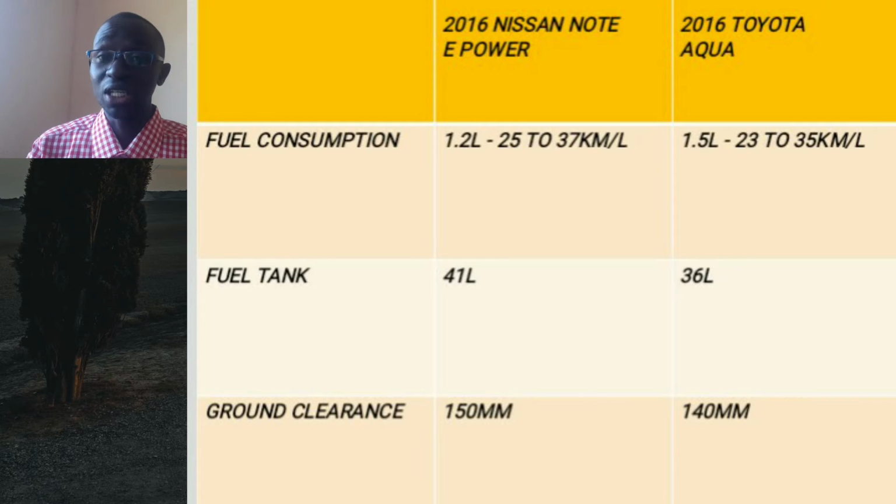That is motorcycle territory. The Toyota Aqua, on the other hand, can achieve almost similar figures, somewhere between 23 to around 35 kilometers per liter. So these two cars are almost neck and neck. They will both save you a lot of money when it comes to the pump, but the figures you get will always depend on three variants: how you drive, how much weight the vehicle is carrying, and also how well